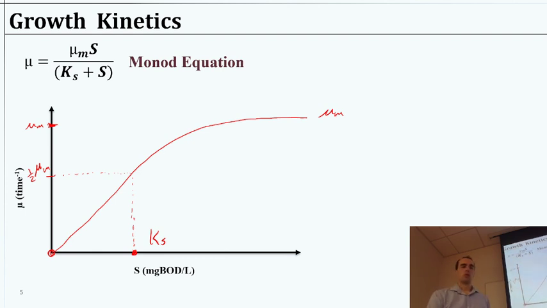So this specific growth rate coefficient is equal to the fastest it can go multiplied by the amount of food we have divided by the amount of food we have plus the amount where it's growing half as fast as it could. So that's just the equation we have. It tends to model or predict pretty well how fast bacteria will grow. So if you think about that